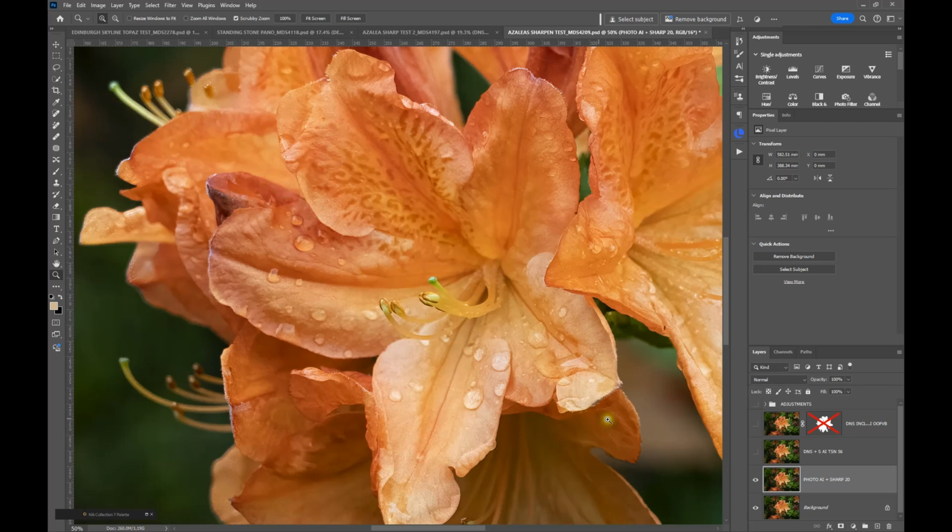good job. We've got some of these out of focus areas in the background, and sometimes you get a slightly different effect there. It's pretty good. It has been sharpened a little bit, but certainly all of that noise, if I turn that off again and we look in those dark areas, all that grainy noise is gone, and so it's done a really good job. So let's compare Topaz Denoise plus Sharpen AI